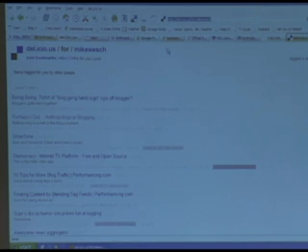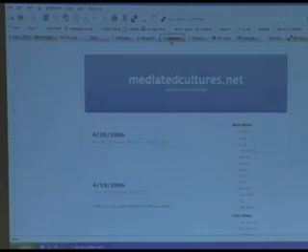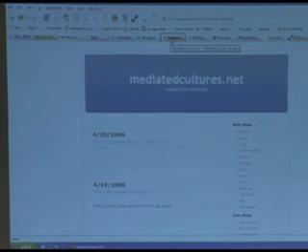So the way you do these, if you're interested, is you just go to CiteULike, and you can register here, and there's a nice tutorial on how to do it. The other site is Delicious, and again, there's a nice tutorial there that you can follow. So that's the basics of my spiel. I was just excited about all this stuff and I wanted to tell you guys.